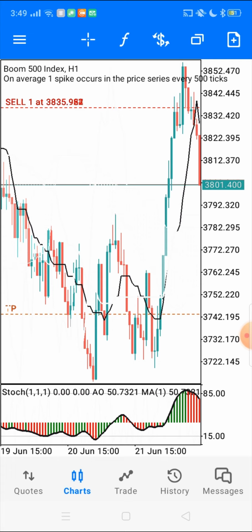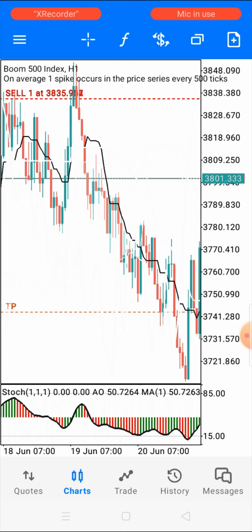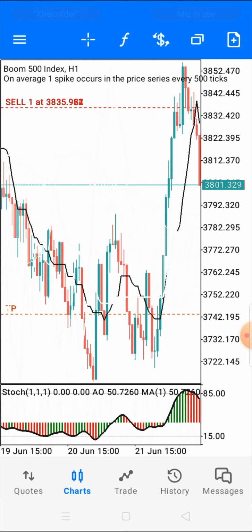Now the indicators we are using here are very effective, and the settings are very easy to use. I will show you how it is done, but before I go into full details,